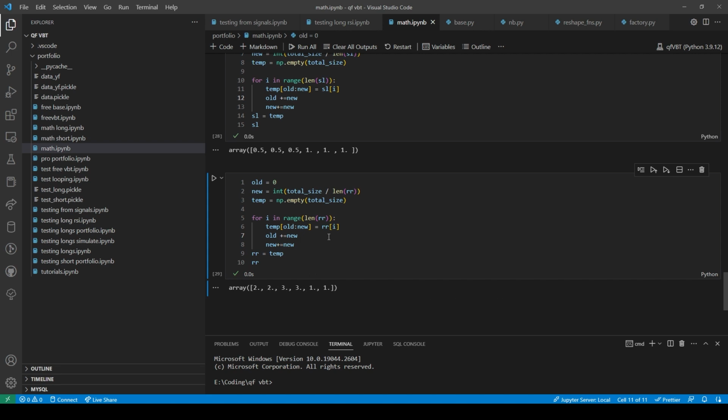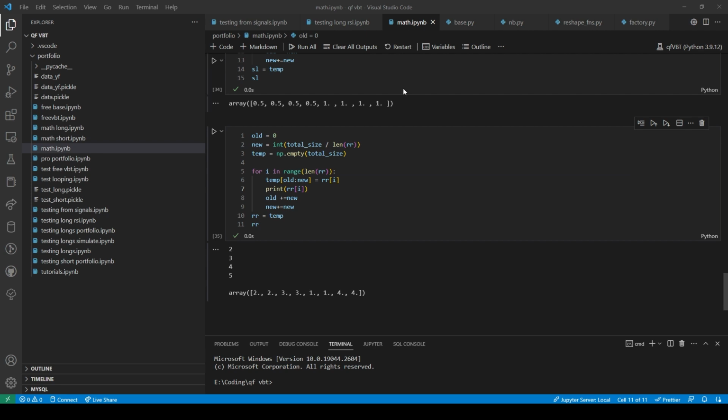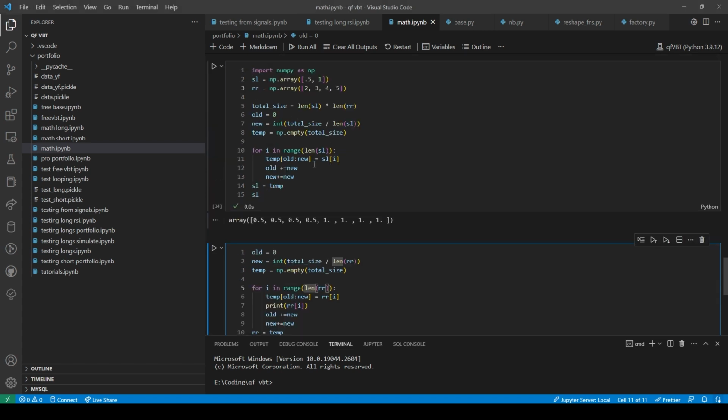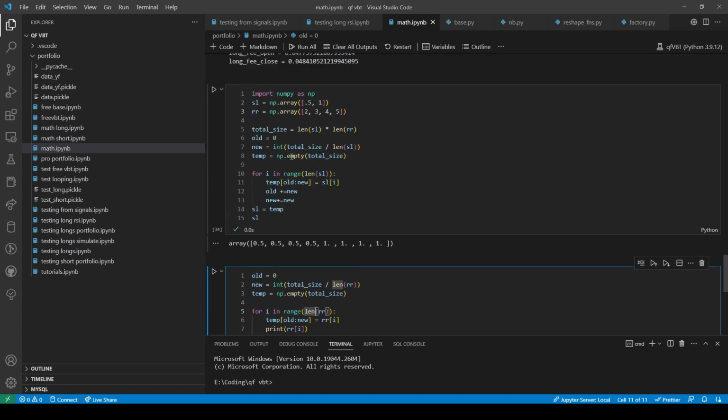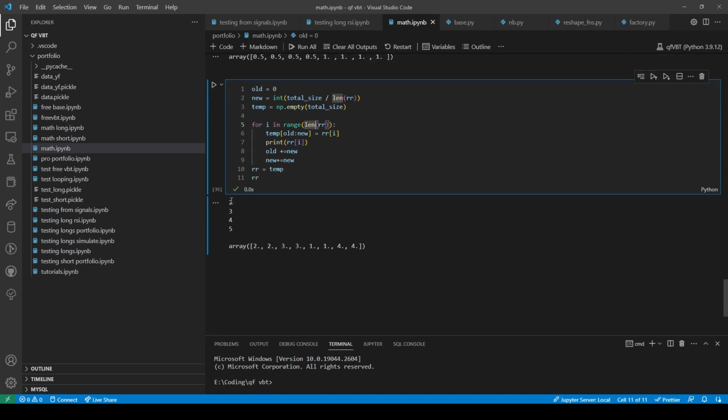Why does it say 1, 1? Huh. Well, I basically just got owned because this for loop only works for the first one. And then obviously afterwards, it just doesn't work. It should be 2, 3, 4, 5, 2, 3, 4, 5.